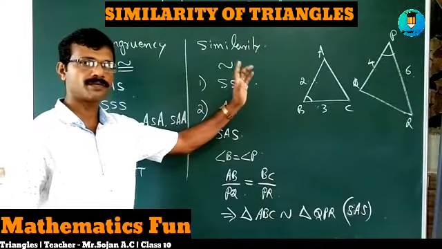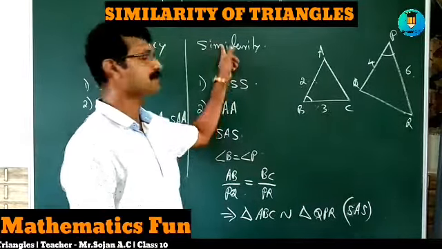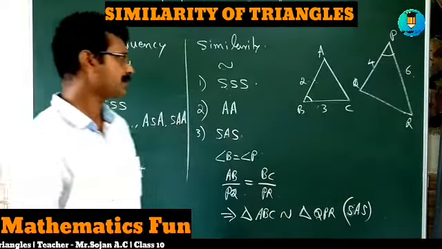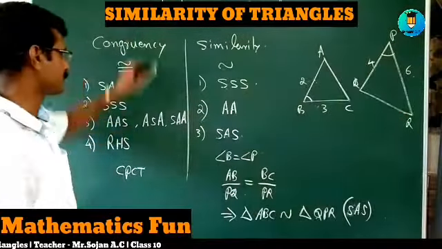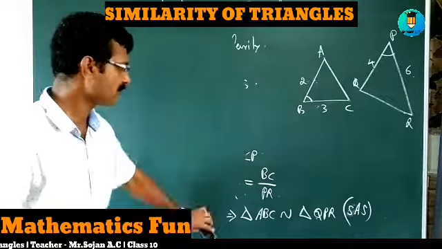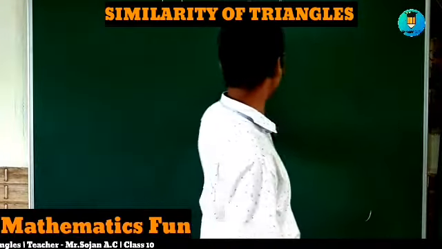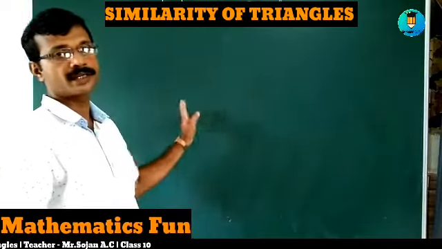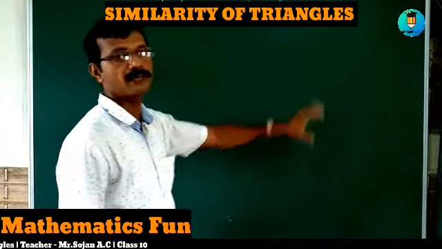If the given pair of triangles satisfies any of these 3 rules, then we can say that the triangles are similar. And this is the symbol we use for similarity. So keep in mind, these are the rules. These things you have to check, whether the given triangles are similar or not. Now, in case you prove 2 triangles are similar by any of these 3 rules, then we can say that the corresponding angles are equal. Even the sides will always come in proportion.